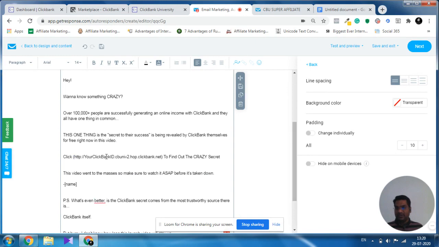One thing we have to do is change this text, your ClickBank ID. What is our ClickBank ID? I'm going to put in my ClickBank ID. So I have written my ClickBank ID.